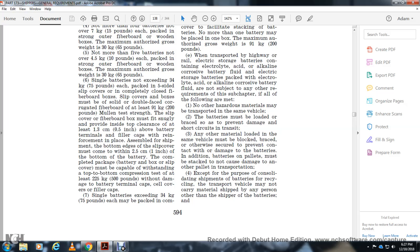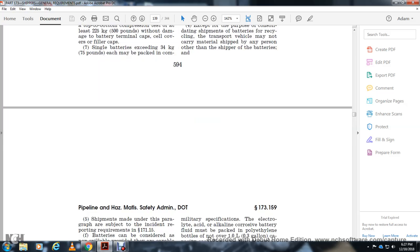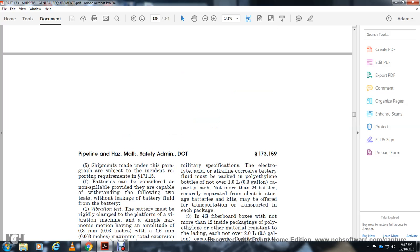The additional battery pallets must be stacked. Do not cover the pallets with any other pallet during transportation, except for the purpose of a consolidated shipment of batteries for recycling. The transport vehicles may not carry material shipped by any other person or order other than the shipper, and batteries shipped under the paragraph that is the subject of the incident reporting quantity of 171.15 can be considered able to withstand the drop, capable of standing